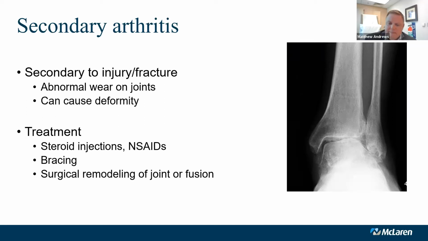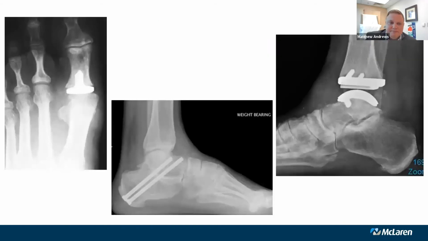Both of them are excellent options for this kind of thing. Here's a couple examples of post-op x-rays of different folks who have had different procedures for arthritis conditions. This one on the left here, this is one of my favorite procedures to do because it's very brief and it makes an enormous difference in quality of life. This is what we call a hemi-implant arthroplasty.